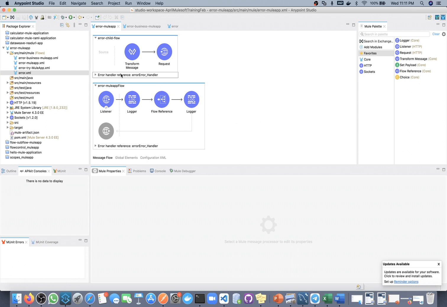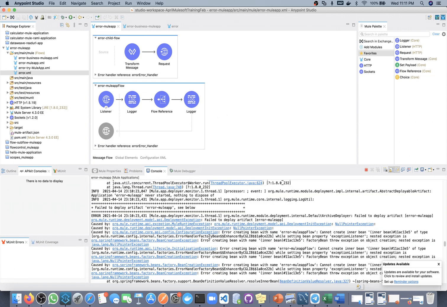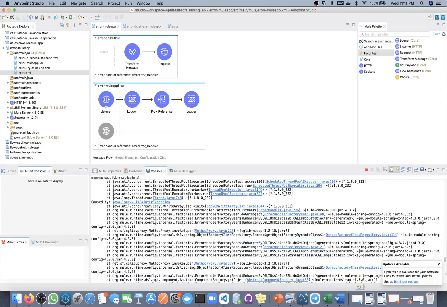So whatever global error handler we have, we have to reference it here. Okay, now let it complete deployment. This time it should not fail.